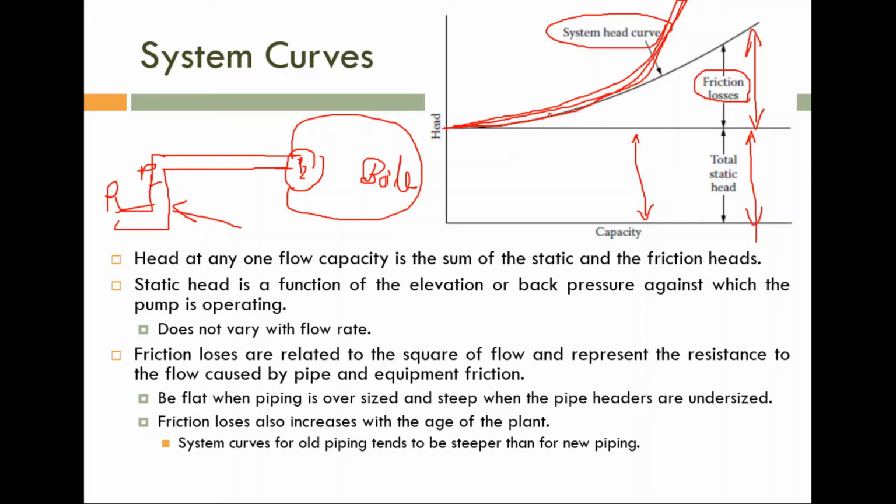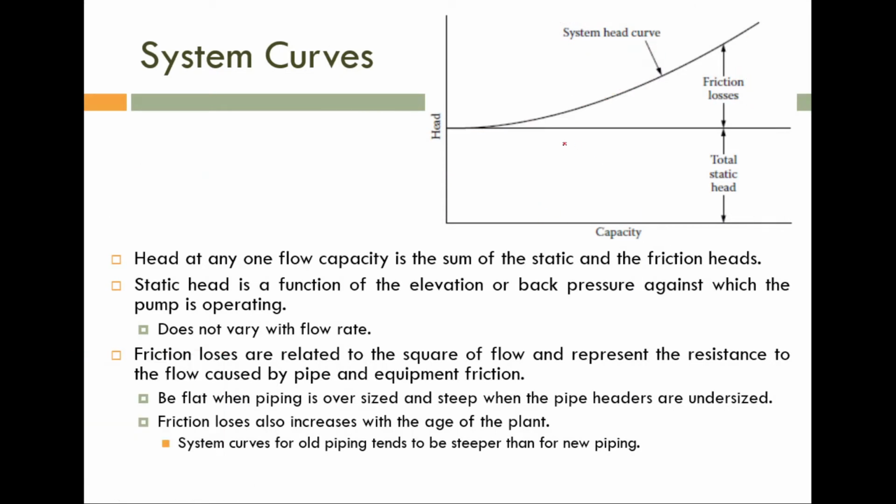So please note, the system curve will change with respect to a number of factors, like how many bends there are, how many head differences there are, what the output pressure is, whether it is a boiler application, etc. It also depends upon the age of the pipeline. Generally, for explanatory purposes, please note, this one is a system curve.